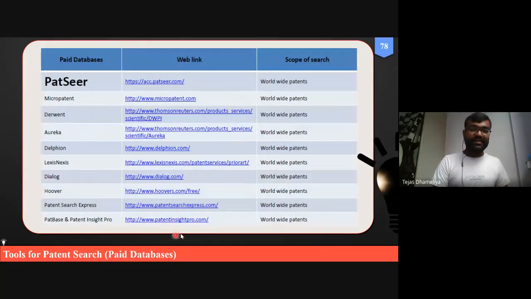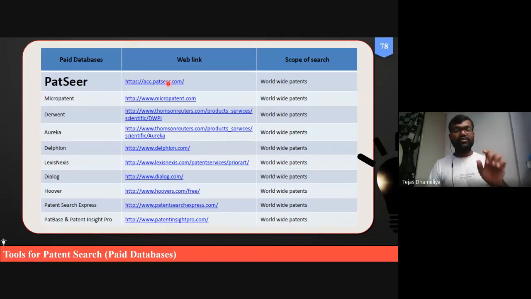But these are the patent databases which are paid for. Now, Gujarat Technological University, GTU, has established its IPR cell separately, and they are giving access to PATSEER. This can be accessed through this link.